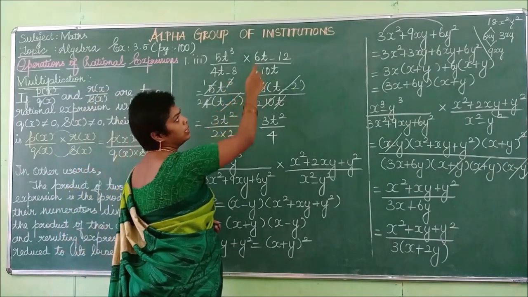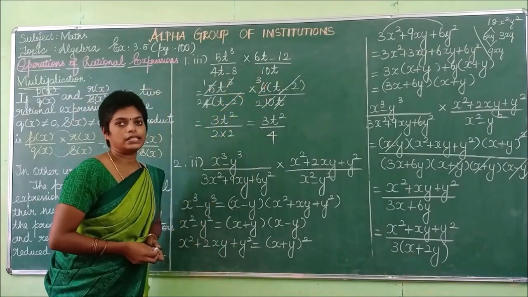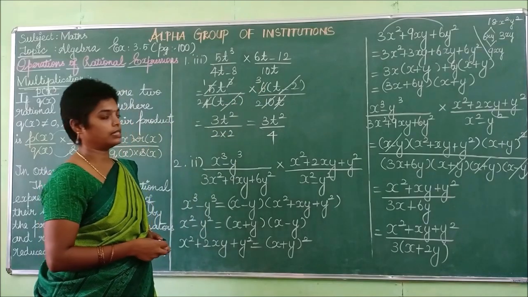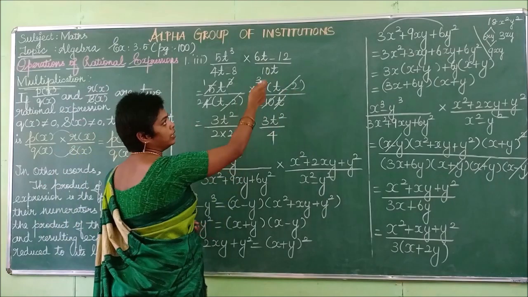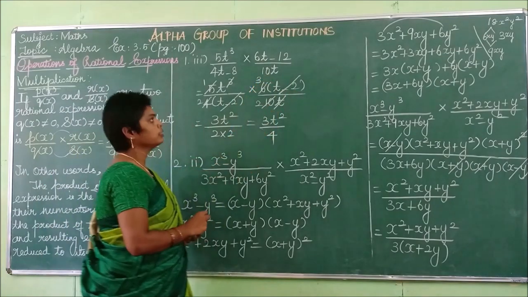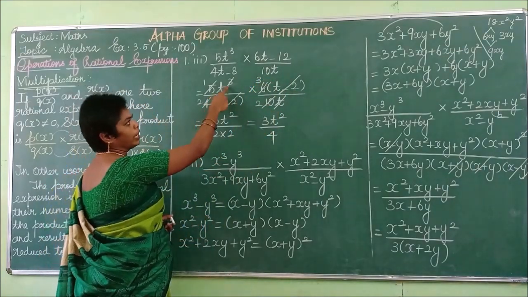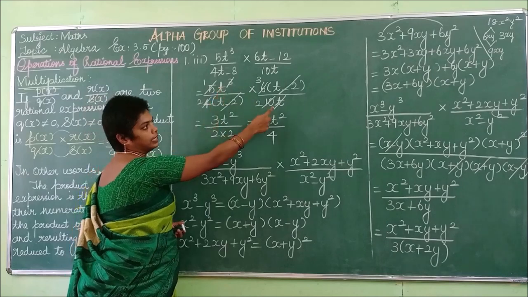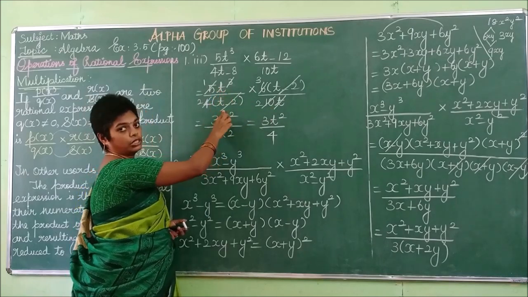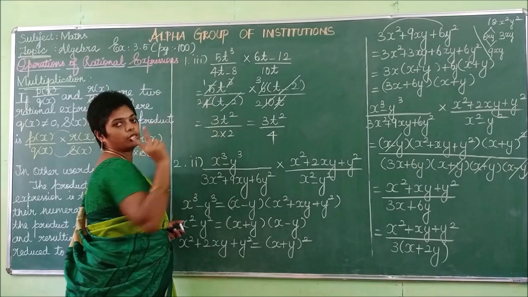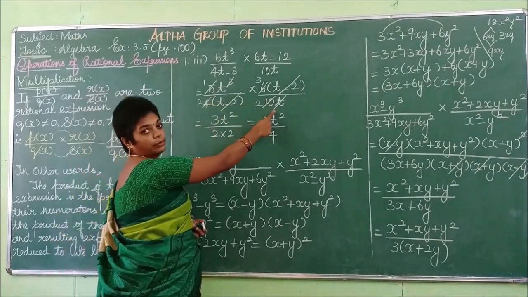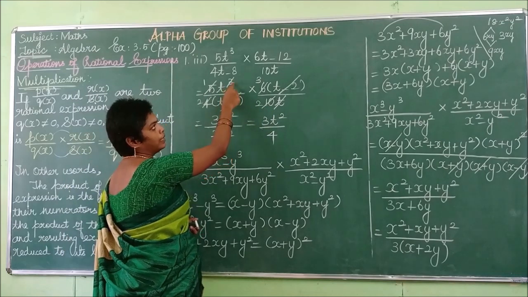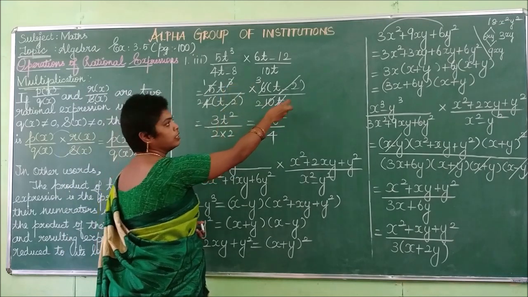Similarly, here 6 and 12 come in the 6 table. You can take that 6 as common. What are the remaining terms? t minus 2. Then the below term is 10t. Now you can cancel t and t. You should not compare these two terms because this term contains two values and this is a single value. So you have to cancel the similar single value. So t power 3, here t power 1.